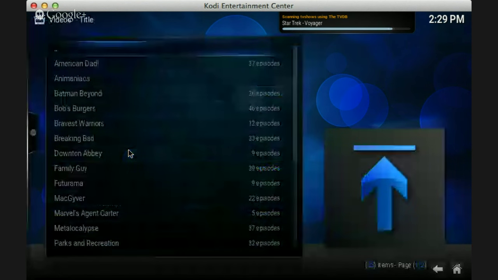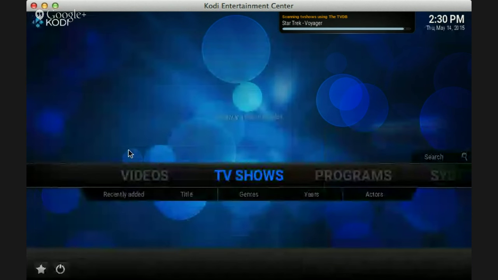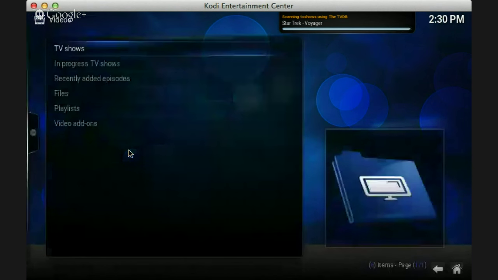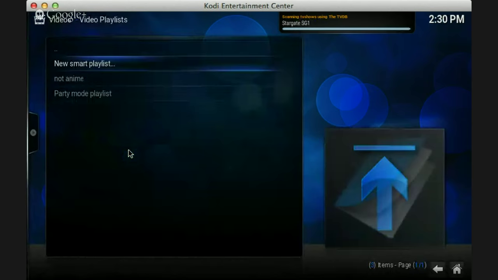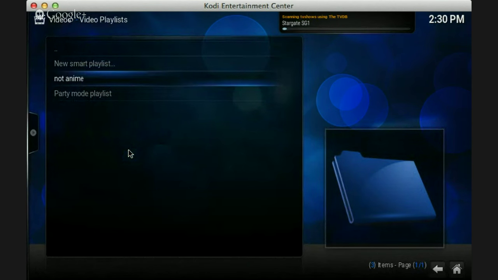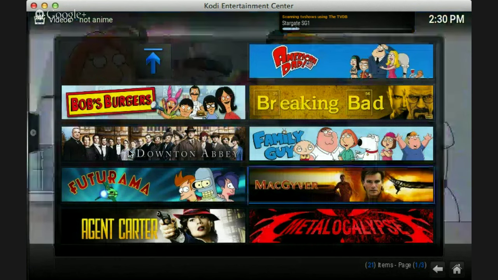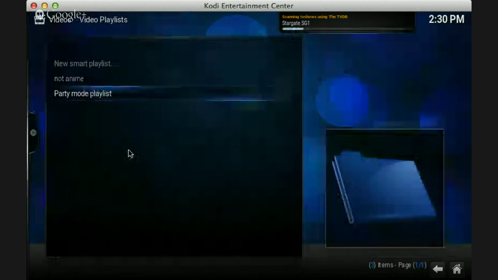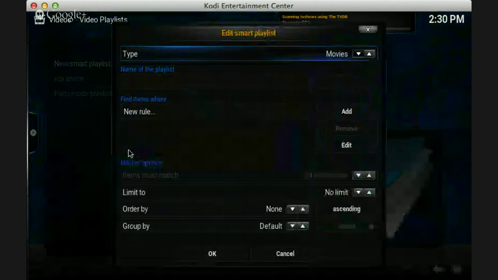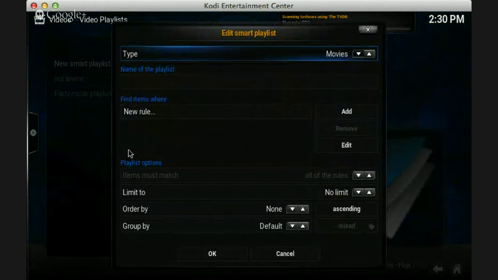So in the past, what people would have to do is they would make a smart playlist. They would go and do their videos. See, I even started one here. This is not anime. This is my filter to remove anime when I had anime scanned on this library. But it's very simple. If you ever use a playlist, like in iTunes or something, you can set